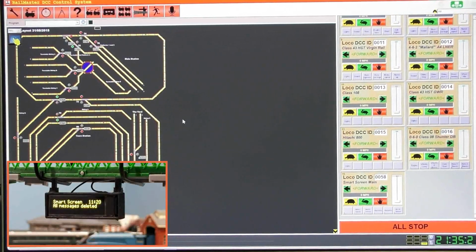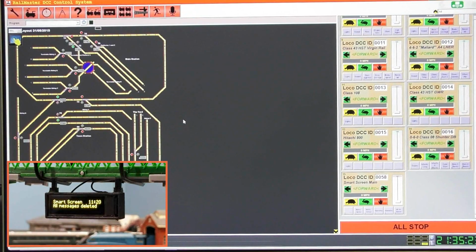Hi, I've been asked to make a video showing how to set up the Train Tech smart screen using Direct on Railmaster. So here goes, I'll give it a go. So I've got my smart screen connected to the track sockets on the E-Link, and I've got Railmaster running, as